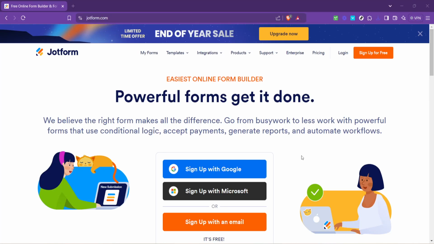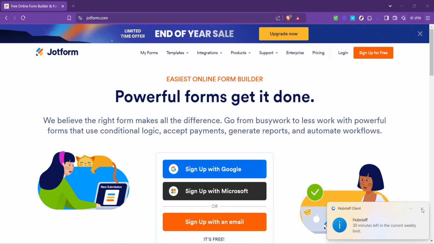In today's video, I'm going to teach you how to add shipping on Jotform. Creating forms and integrating functional elements like payment and shipping options are pivotal for businesses selling products or services online. Today we'll take a closer look at adding a shipping method to your Jotform, ensuring your customers have a seamless checkout experience. Let's dive in with the first step, which involves navigating to Jotform's homepage.